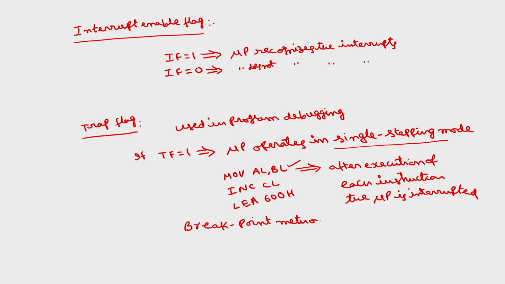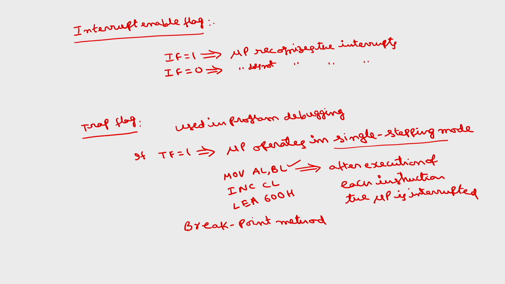So, in this what happens is, the programmer can write after 10 instructions, say I want to check the contents of registers and memory, after another 10 instructions, after another 10 instructions. So, we can increase the speed up when compared with the single stepping, and also it is easier to check, 10 instructions is not many. So, you can check in which instruction the error is there. So, it is a breakpoint method, this is single stepping.